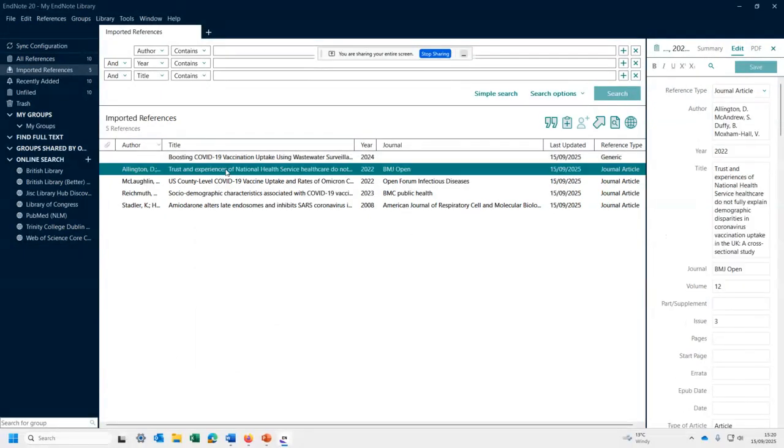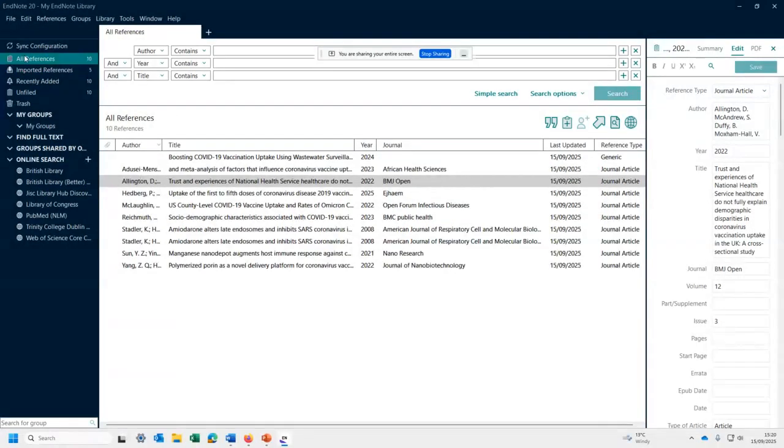So these are journal articles, etc. You can see that everything is where it should be, the author, the year, the title here on the right-hand side, BMJ, etc. So everything looks good. Now, what you notice is we have 5 references here. So we know that we have 5 references also from the Web of Science. So this particular bit we are in, if you go over to the left-hand side, we're actually just in the imported references section. So these are the most recent references we've brought in from a database. But if you want to see all references, you just click on that one up there on the left-hand side, and that's the Web of Science and the Embase results now combined together.